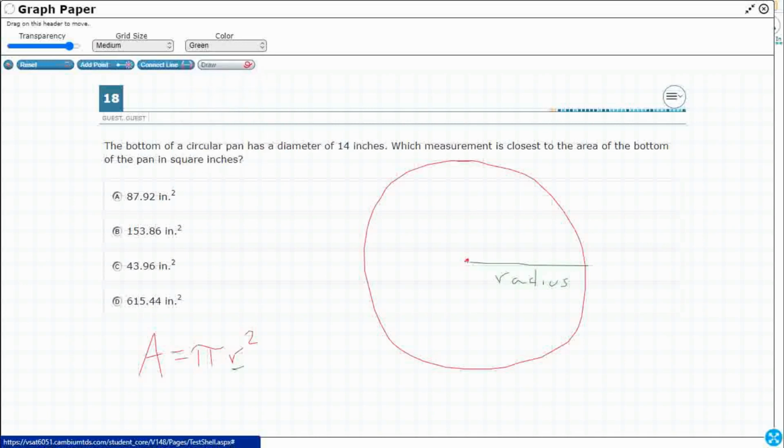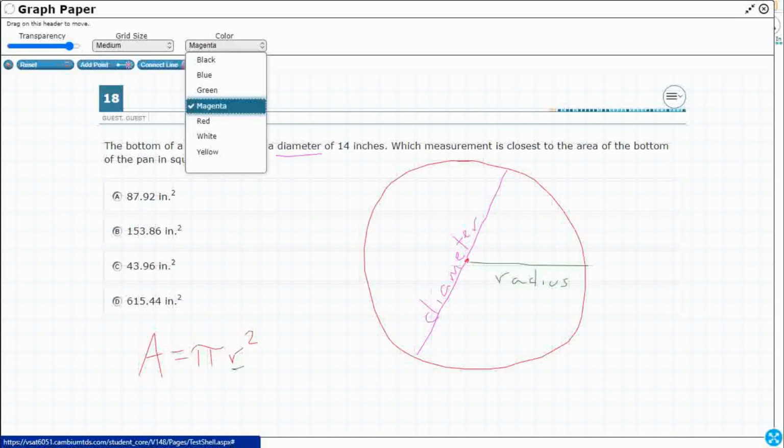Look what they give us. They actually give us the diameter. So what is the diameter? Well, the diameter is a line segment right there that passes through the center, and it goes from side to side. And so they're not even necessarily giving us the radius that we need, but we actually, if you take this